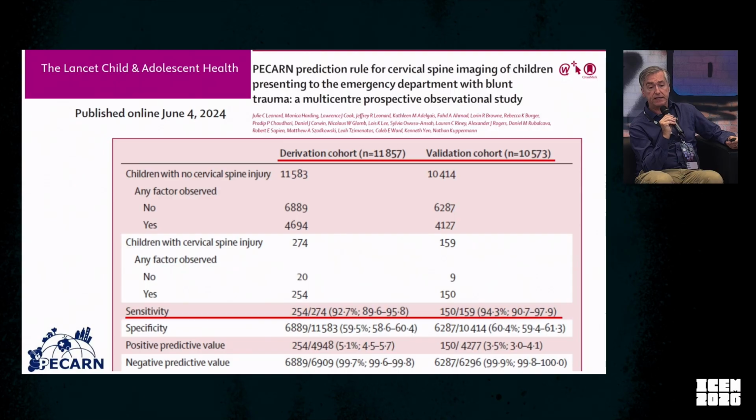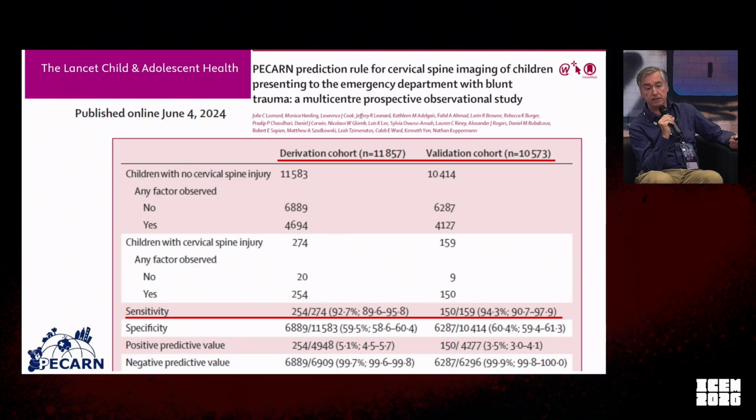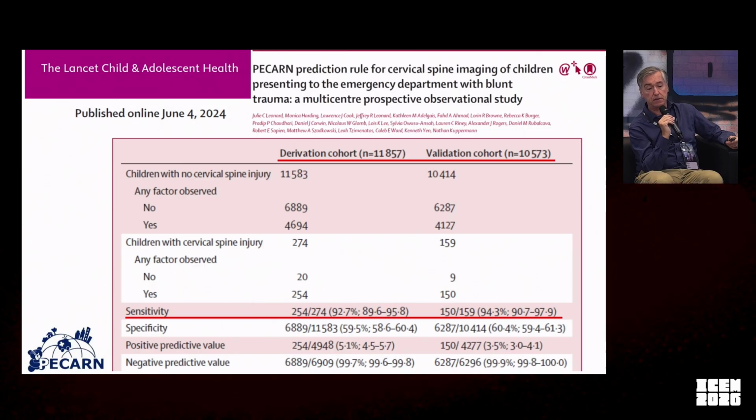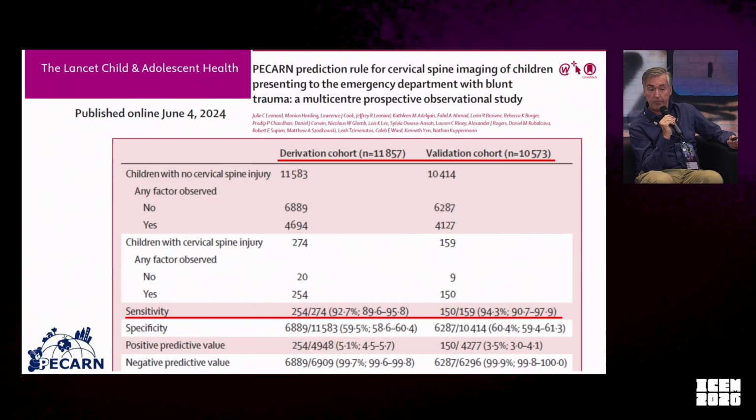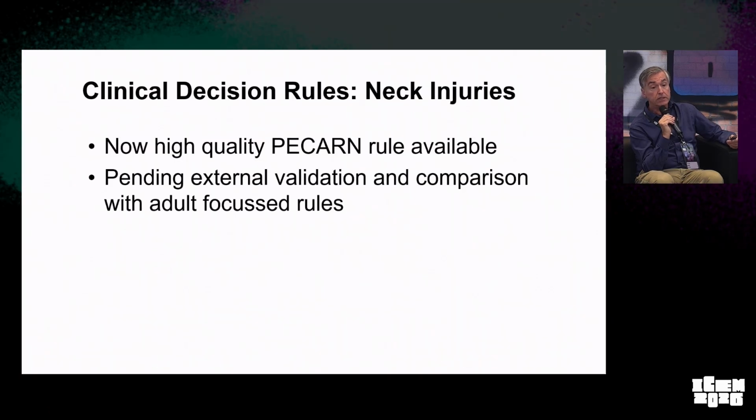Now, the sensitivity, which in my mind is the key marker here of the derivation cohort and the validation cohort, about 10,000 patients each, was about 93% in both cohorts, 93 to 94%. So it's very good, not perfect, but very good as a clinical decision rule. So there now is a high quality PECARN rule available, but it does